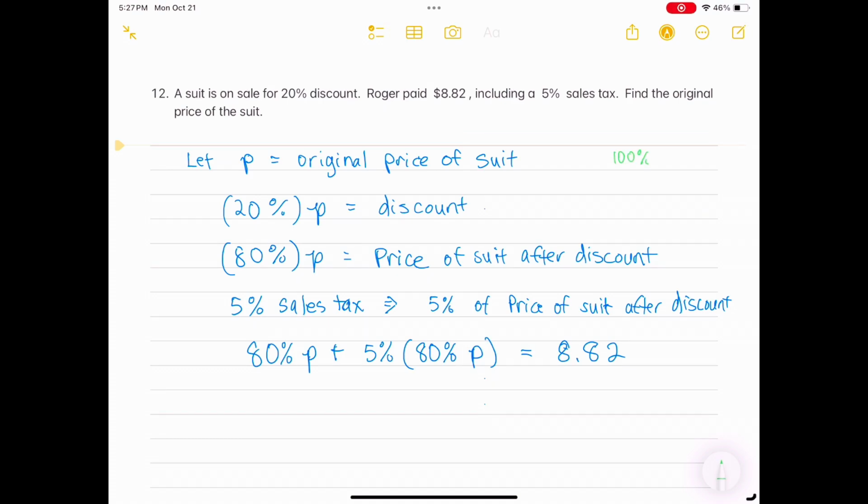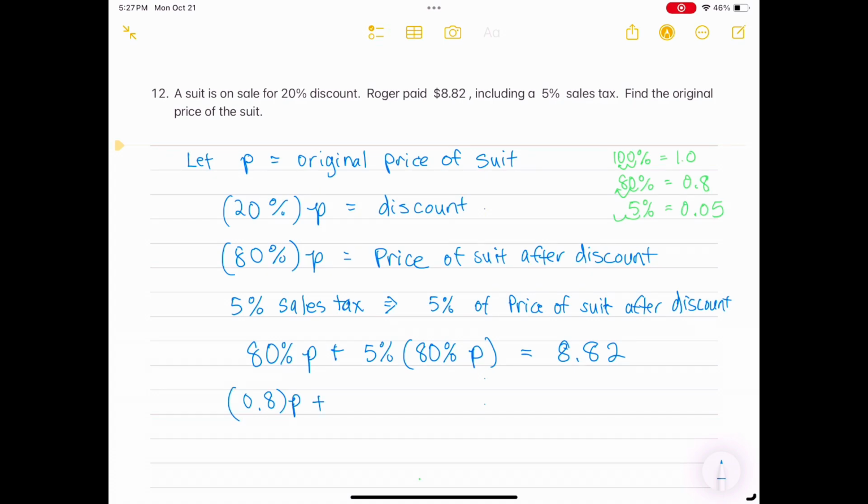I begin by converting all the percentages into decimal values, and I use my reference 100% equals 1.0 to remind myself that to convert into a decimal, I need to move the percentage decimal point over 2 places to the left and drop the percentage sign. So 80% becomes 0.8 and 5% equals 0.05. Now I plug those numbers back into the original equation,